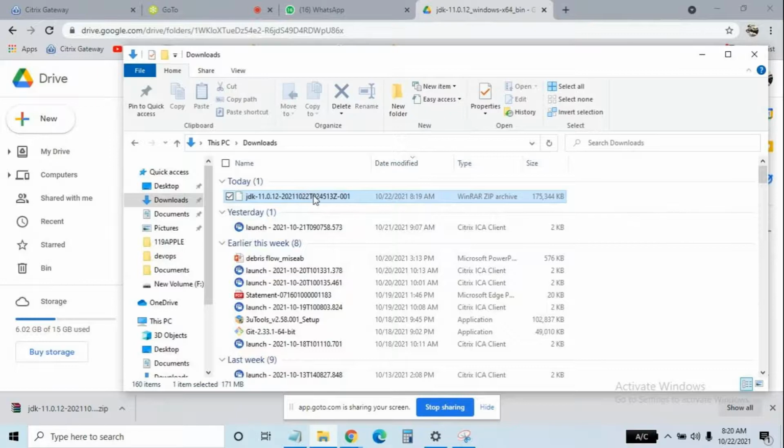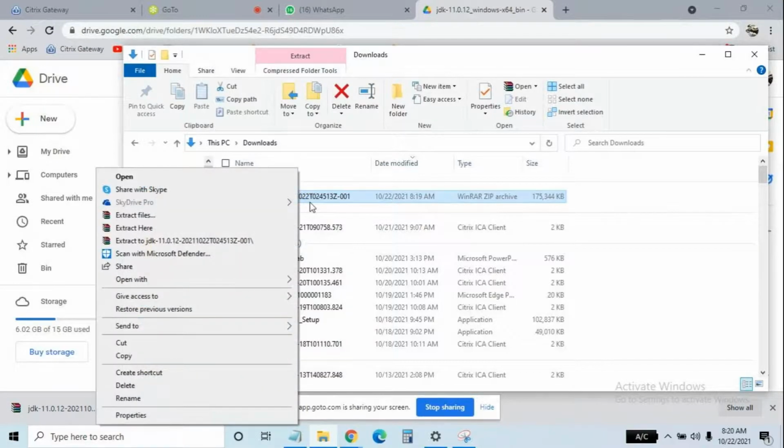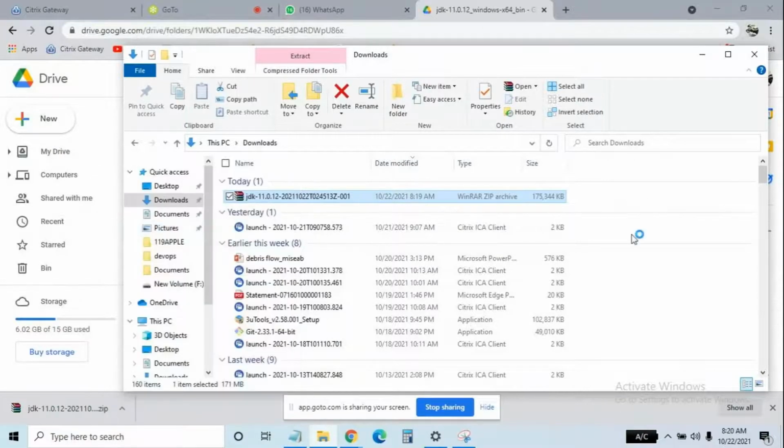Yeah, it is downloaded. Now, this is a zip file, right? Zip format. You have to unzip it. Right click on that and click extract here.